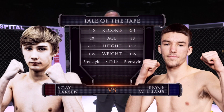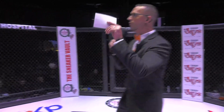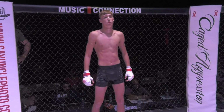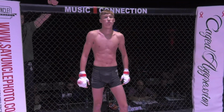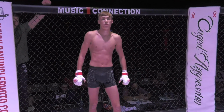The first bout of the evening is scheduled for three-minute rounds in the Caged Aggression Amateur Bantamweight Division, powered by Yabba Dabba's House of Glass. Introducing first, fighting out of the red corner. He stands 6 feet 1 inch tall and weighed in at 135 pounds. He trains at One Touch Fight Team Academy. Joining us from Lake Geneva, Wisconsin, Clay